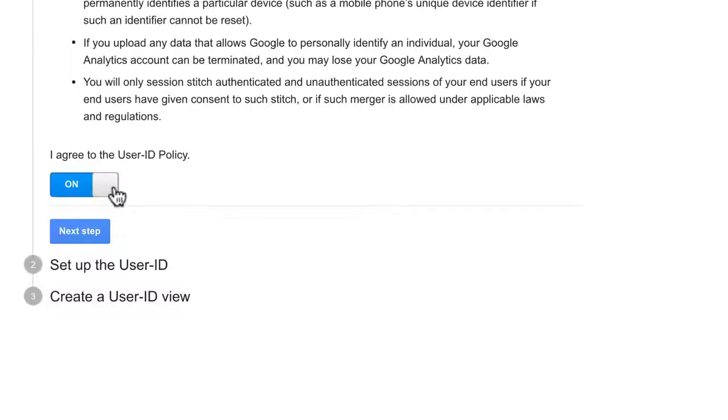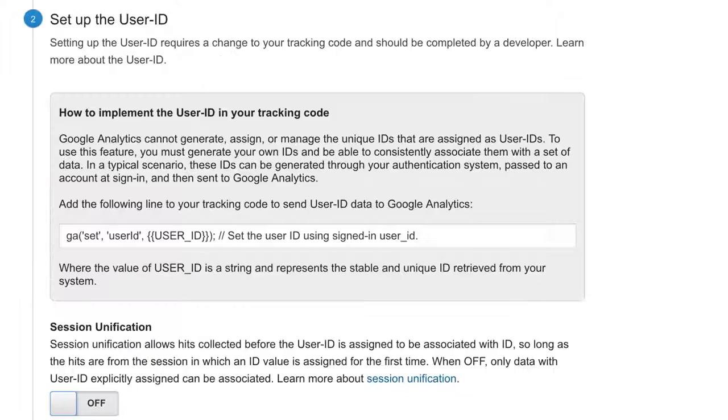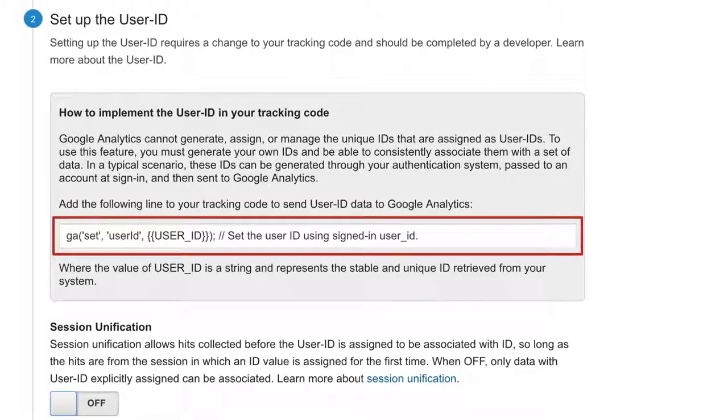Then, you'll need to set up the User ID. Analytics provides you with a line of code to add to your own tracking code and customize it to collect the user IDs you're sending over. Once you've set up user IDs and modified your tracking code, the ID value you supplied will be included in